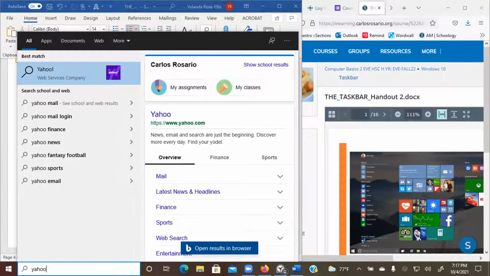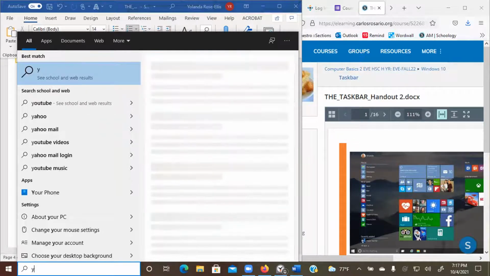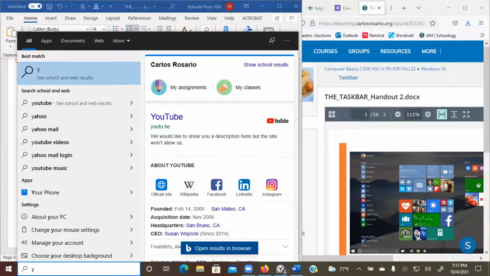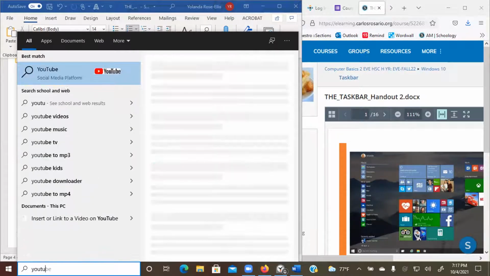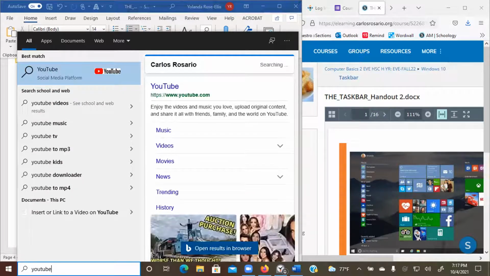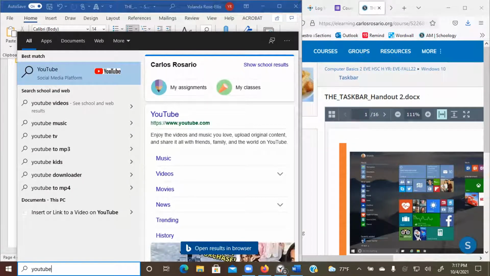Oh, I said Yahoo. I didn't mean Yahoo. Okay, this is the mail search. So it wasn't Yahoo that I wanted, it was YouTube. So remove Yahoo and type YouTube. Okay, so you can see YouTube at the top